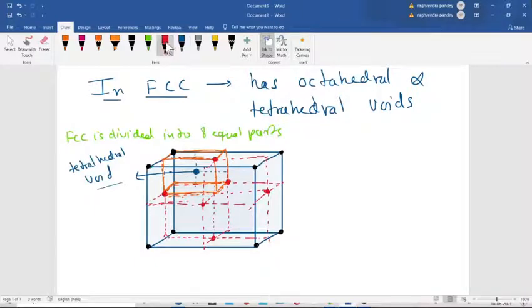Now, if I take another one, suppose I am making a similar cube here. This cube.